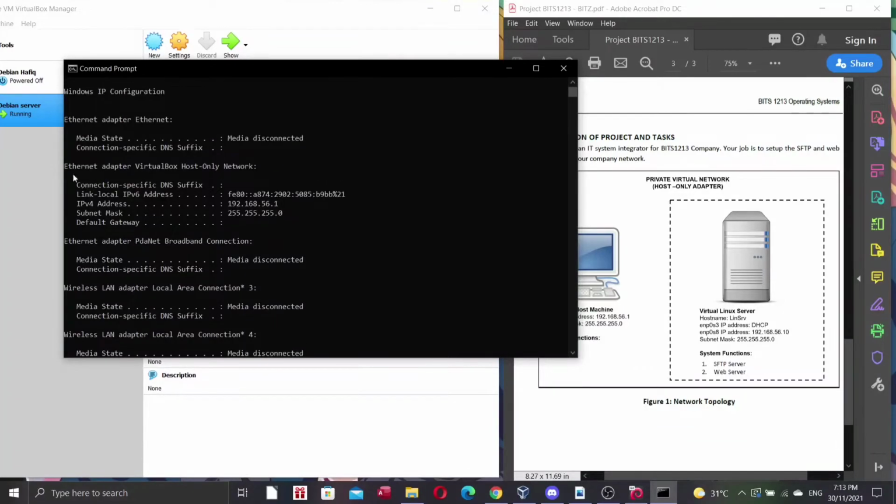Here you can see in the Ethernet adapter VirtualBox host-only network that the IPv4 address is 192.168.56.1 and the subnet mask is 255.255.255.0. Therefore, this ensures that our host can communicate with the server.